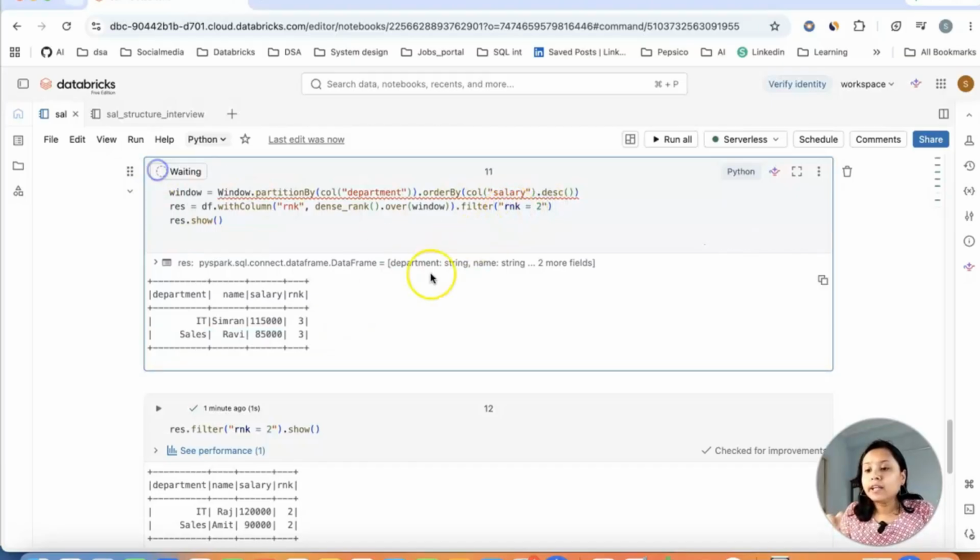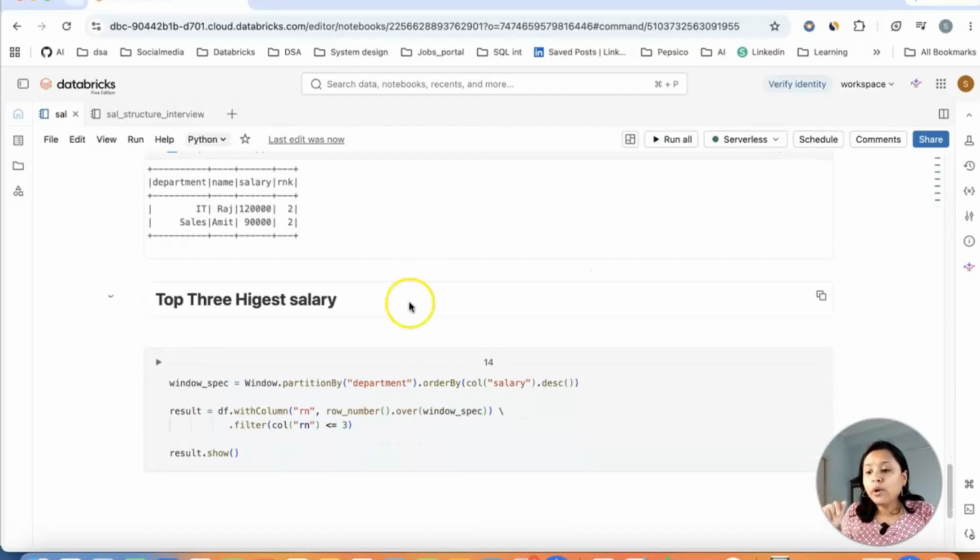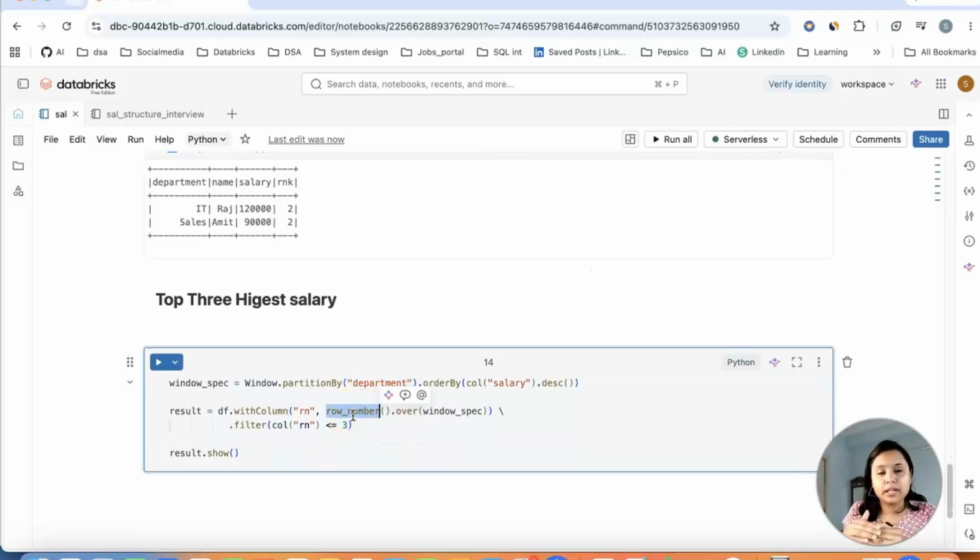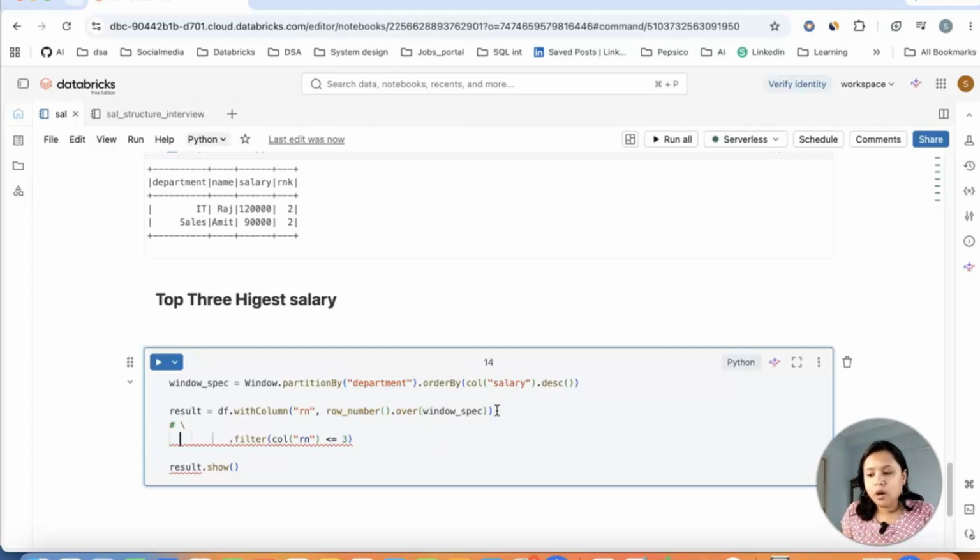So for that, you can create a row number function. So what row number does? It goes ahead and gives an ascending sequence for a particular partition that you have declared. So this is my partition, that is department. Okay. So let me comment this. So this is my partition department, and I have ordered it with salary, but I am doing a row number in this. Okay. Just to note, I am not doing a dense rank.